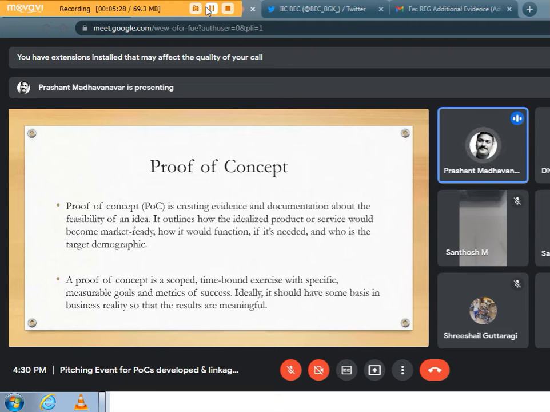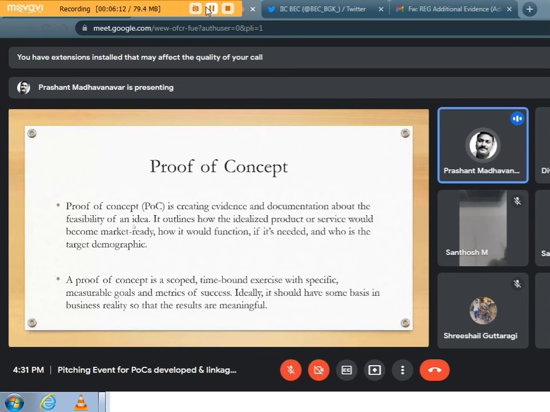Then a proof of concept is a scoped and time-bound exercise with specific and measurable metrics of success. Ideally, it should have some basis in business reality so that results are meaningful. Now, you have to decide the timeline, right? Based on that timeline, a proof of concept usually takes 1 month to 3 months. It should not go beyond 3 months, right? So the proof of concept should be produced within that time duration. It should be very specific, and it should propose a measurable